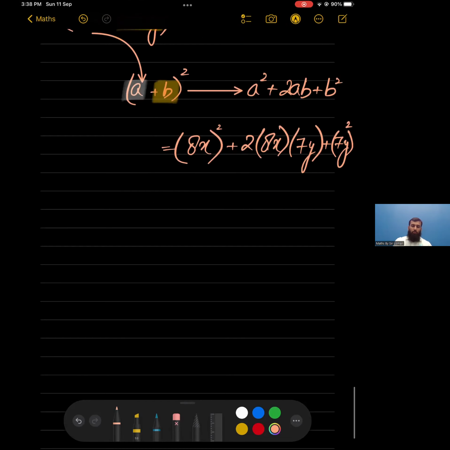8x squared would produce 64x squared. As you remember from the last topic of indices and standard form, whenever you have got a whole square or a whole cube, you need to apply that onto each and every single value. So the square of 8 is going to be 64, while the square of x is going to be x squared. Now we just need to multiply 2 with 8x with 7y. So this is going to be